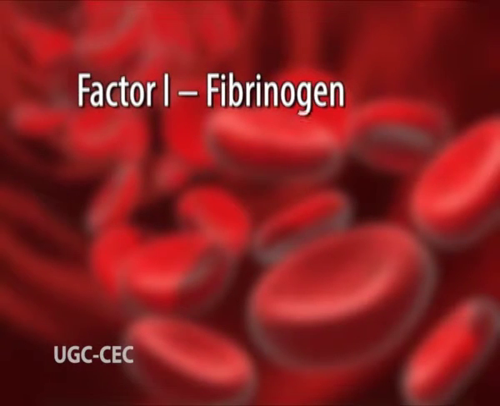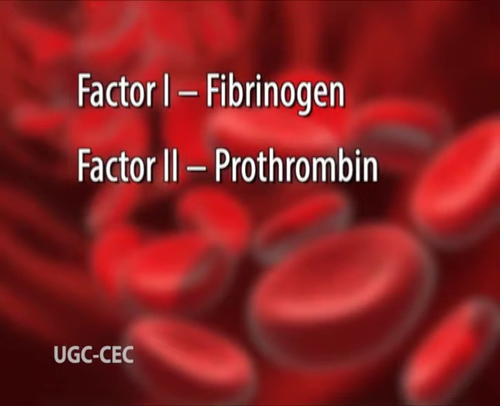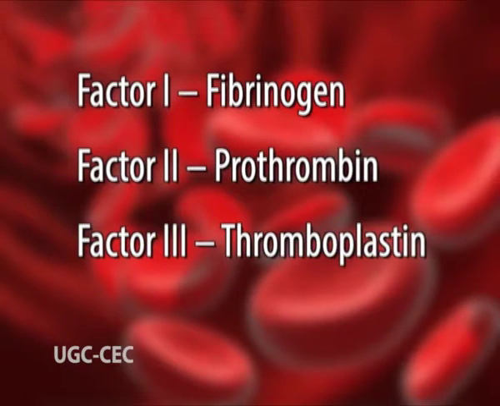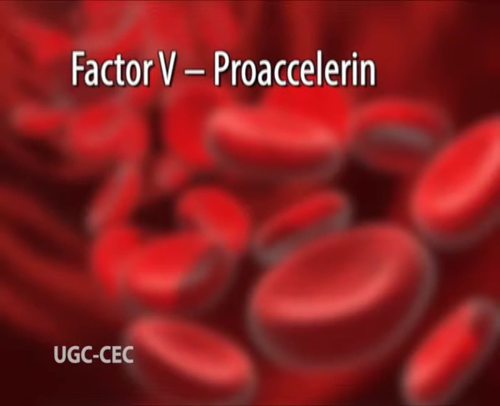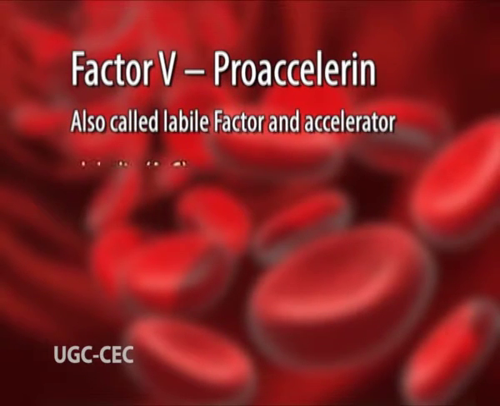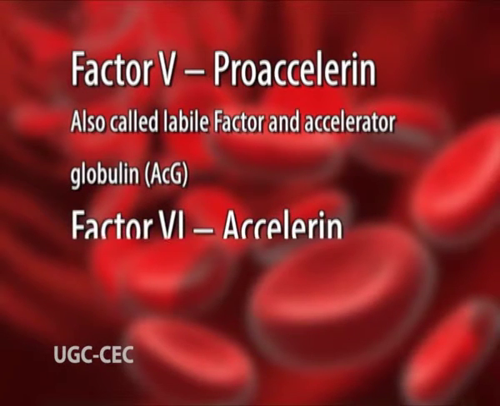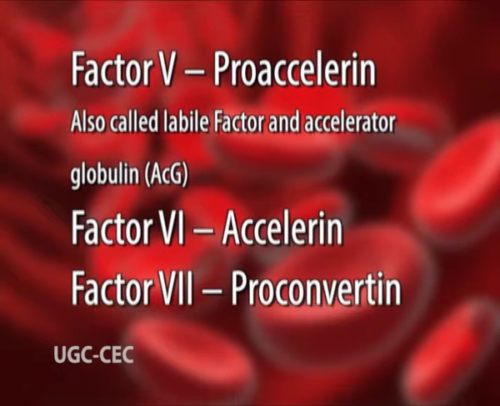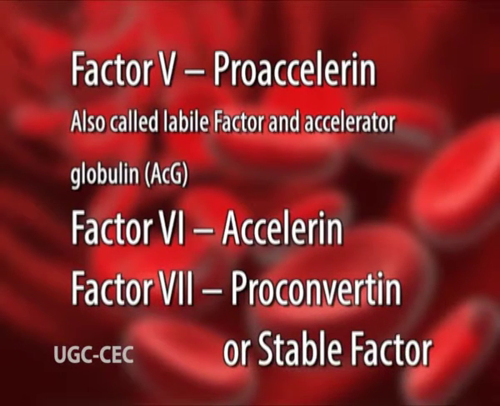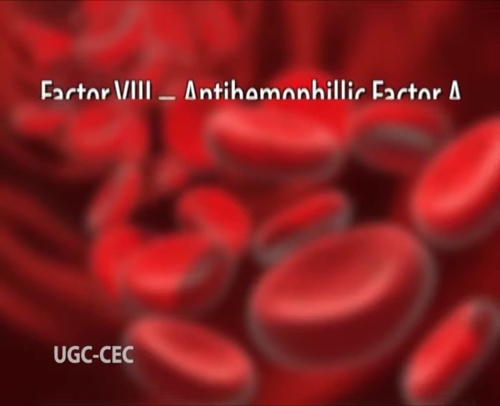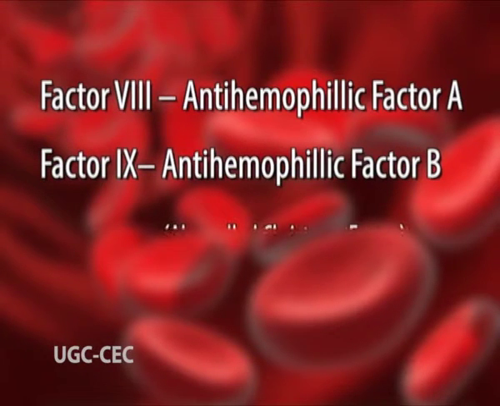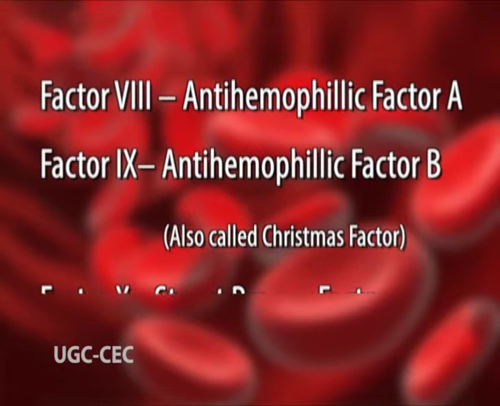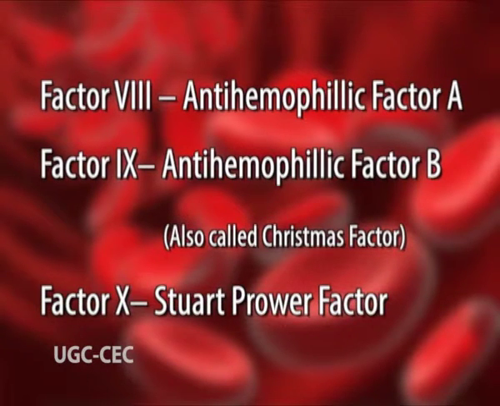Factors involved in blood clotting are Factor I, fibrinogen; Factor II, prothrombin; Factor III, thromboplastin; Factor IV, calcium; Factor V, proaccelerin, also called labile factor and accelerator globulin ACG; Factor VI, accelerin; Factor VII, proconvertin or stable factor; Factor VIII, antihemophilic factor A; Factor IX, antihemophilic factor B, also called Christmas factor; Factor X, Stuart-Prower factor;